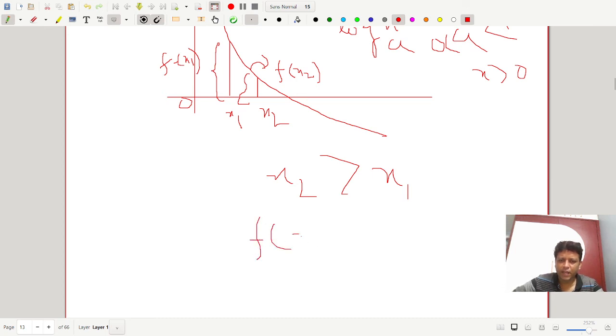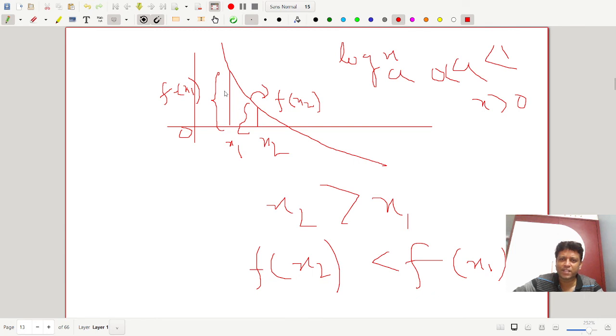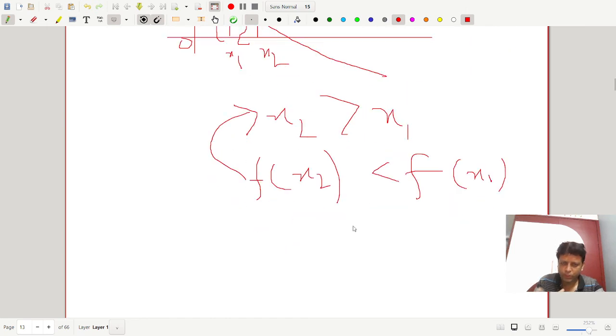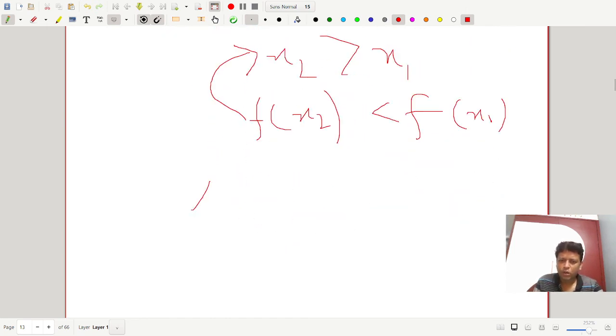Yes, sir. So fx2 is less than fx1. You see? Because the height at x2 is less than the height at x1, the inequation is changed. If you write x2 greater than x1, that will change in f. So you can go in the reverse order also: fx2 less than fx1 implies x2 greater than x1. That is why the inequation changes. So I am using that here also.